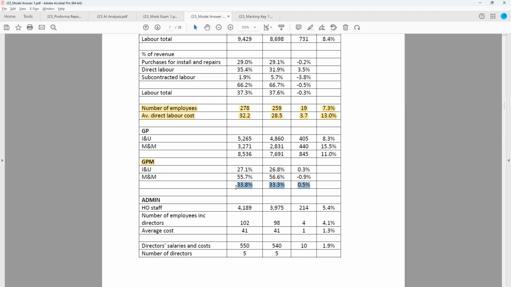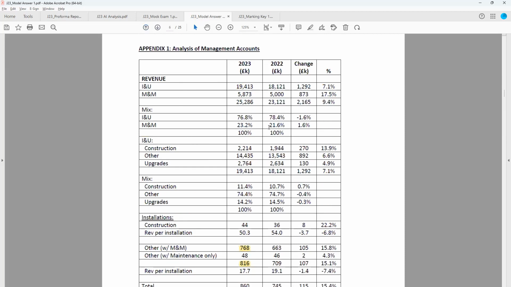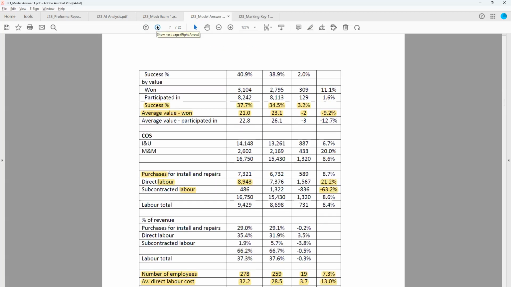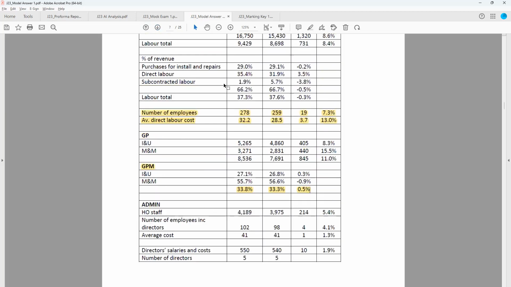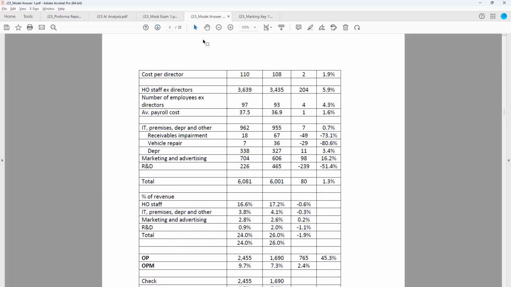But overall, the margin's going up. So we said, what would be causing the overall margin going up? Well, revenue mix is shifting more towards the more profitable stream. Yes, M&M's margin has gone down in the year compared to last year, but it's still considerably more profitable than ICAEW work. So we can see that the mix shifting towards M&M would of course have a positive impact on